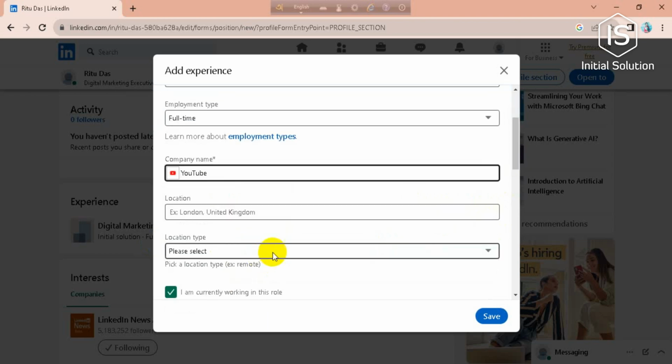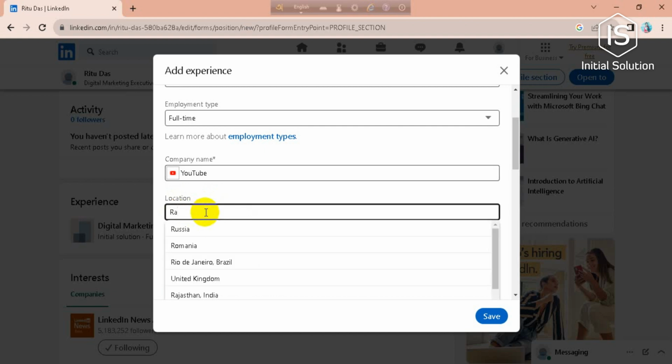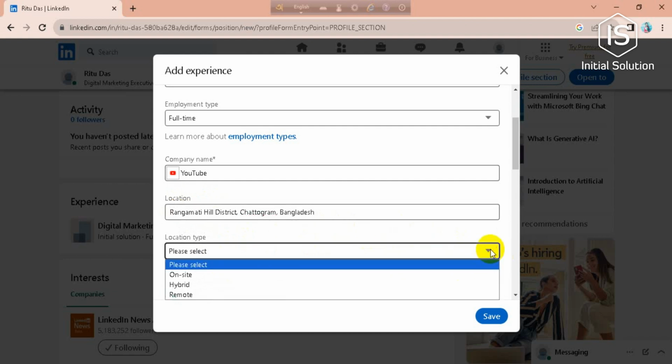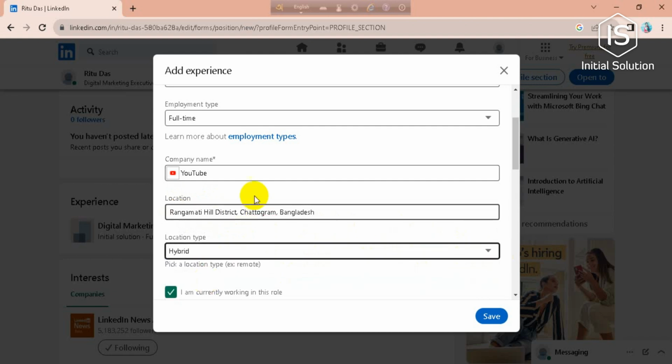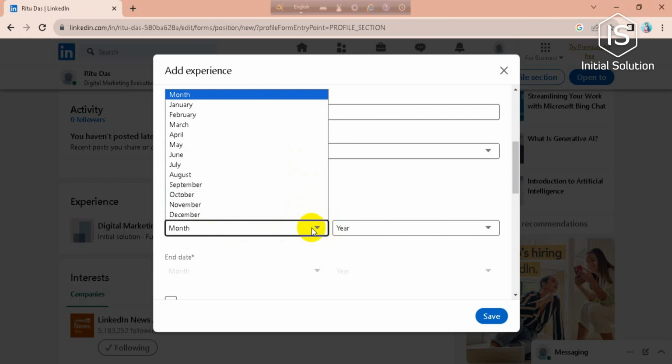Here it is. Now scroll down and you have to add your location. So mine is Changomachi. This one is mine. Now you have to select your location type. Mine is hybrid. For that you can check it or not. Then you have to